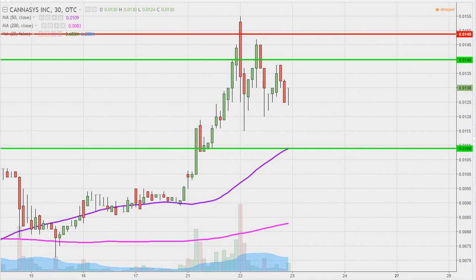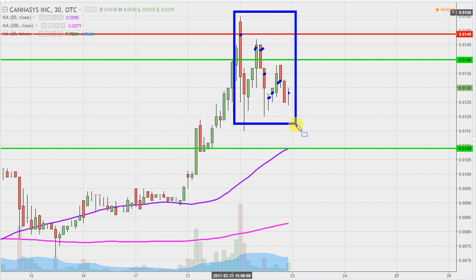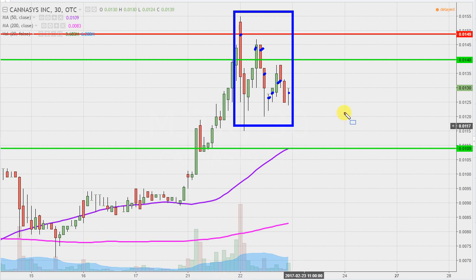Real quick, what do I mean by 30-minute in case maybe you're new to charts? Instead of each one of these candlesticks here representing 1 day's worth of price action, which is what you would normally see, each one represents 30 minutes. So while this here may look like several days worth of time, it's actually just today's price action broken down